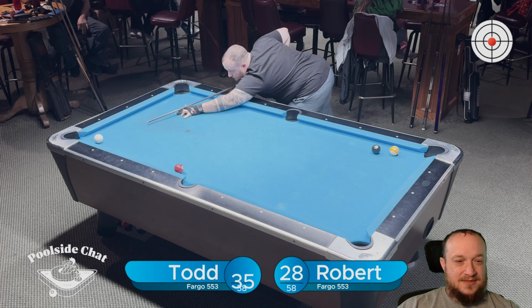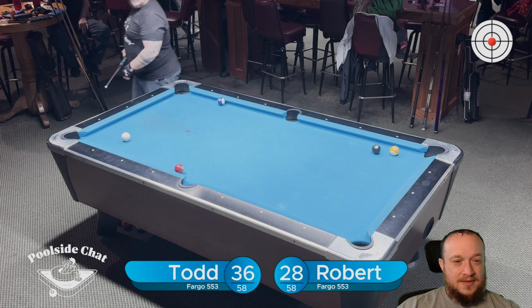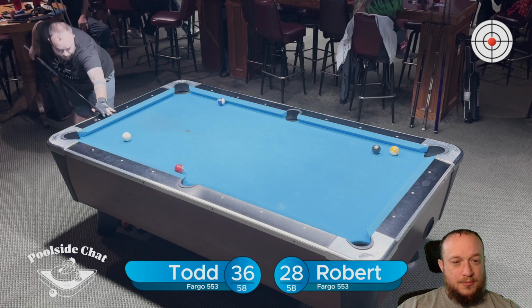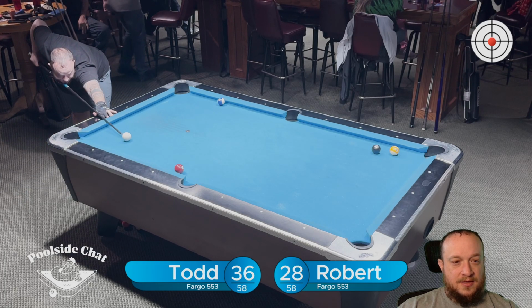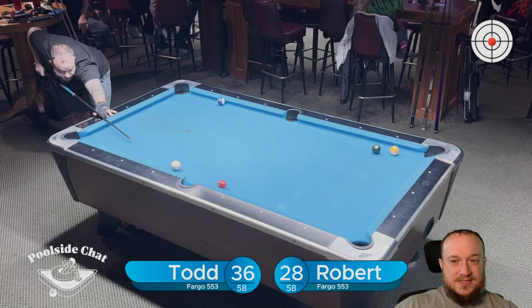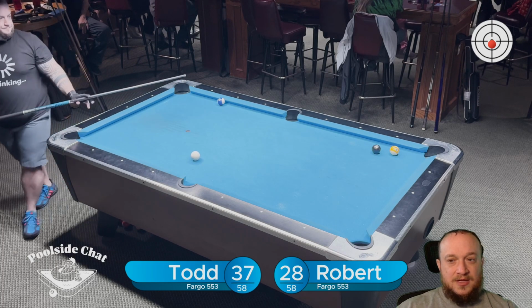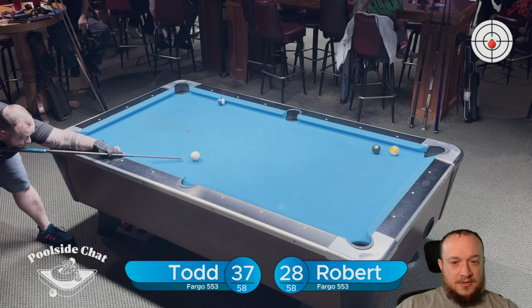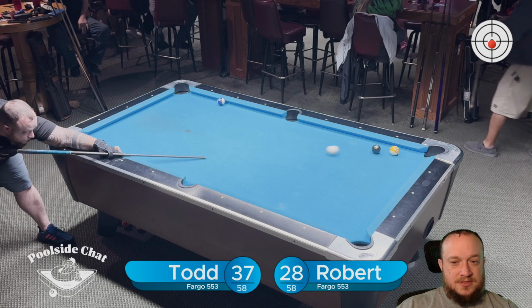I'm just going to nice little stun. Give myself a little bit of an angle so I have a little bit more comfortable shot on that 8. Basically, I'm just hitting center, maybe just a touch of low, like right here, just to punch it, just pop off. Calling the 9 ball. Same thing, just